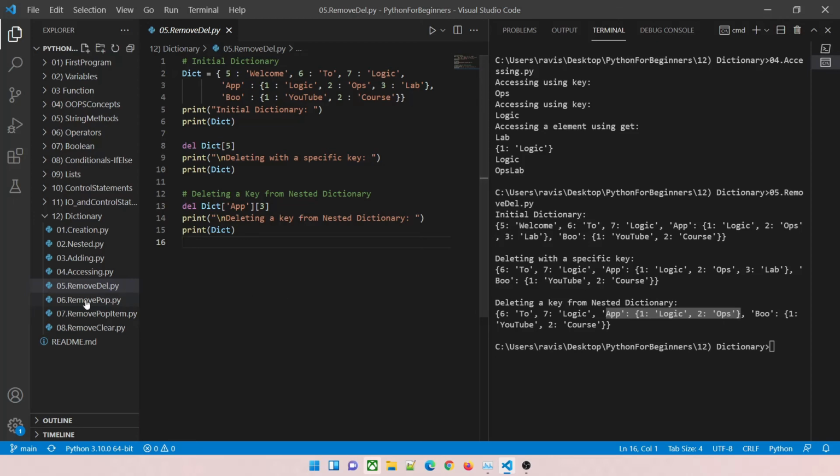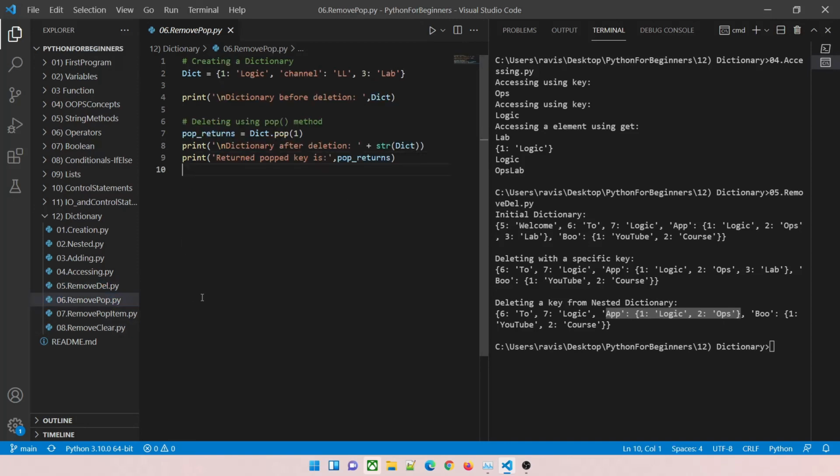And then let's go to the removing part and the pop method. So let me create a dictionary, which is this, very simple, and then I'll just print that dictionary and delete using a pop method. And as I told you, when you delete and give the key, which is 1, it will get the value logic, put it inside pop returns, and when you try to print it, it will print that. But there is another way to print it in a str dict, which is this. You can print it this way, you can print it this way. There are two separate ways to do this.